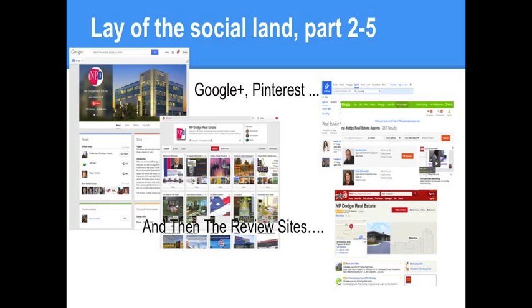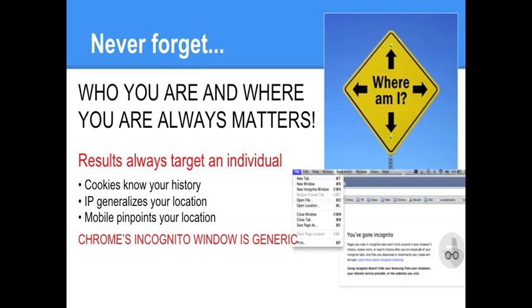One thing is you're kind of evaluating, because I get these calls all the time, never forget who you are and where you are always matters in an online search. So we have, for instance, a customer who has a very sizable business in the Old Market, a restaurant.